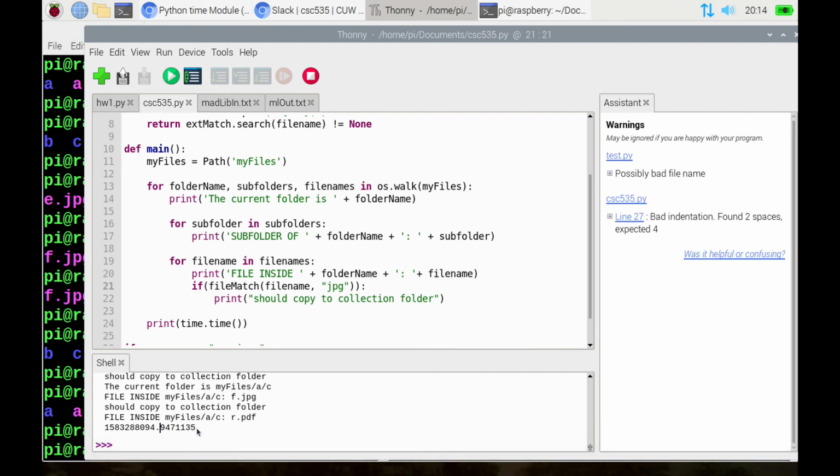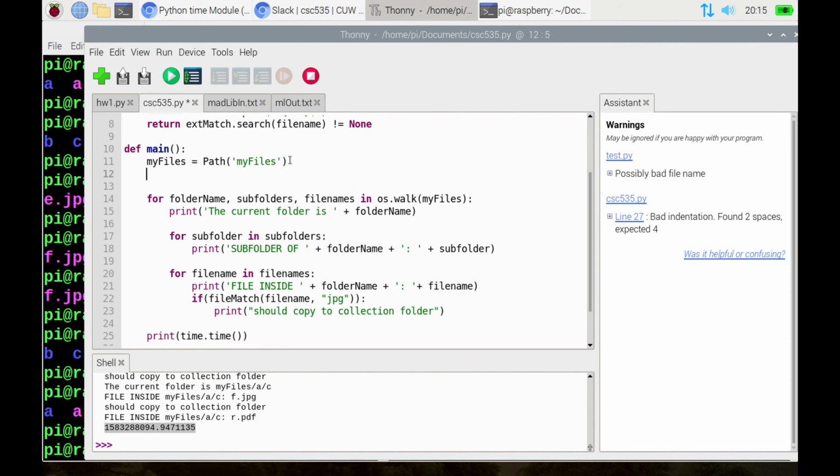All right, so this gives us the number of seconds and milliseconds since January 1st, 1970, I think is what epoch stands for. So we could always create unique directories based on the exact moment that we created the directory. This will allow us to run our program multiple times and always have a most recent found files directory. So I could do something like my output directory